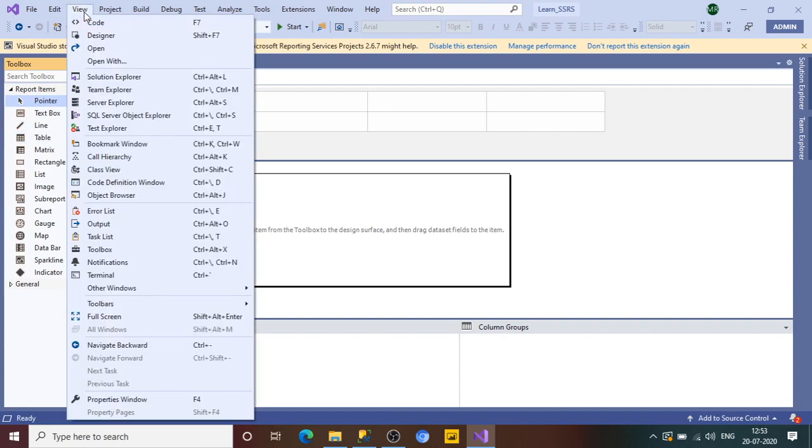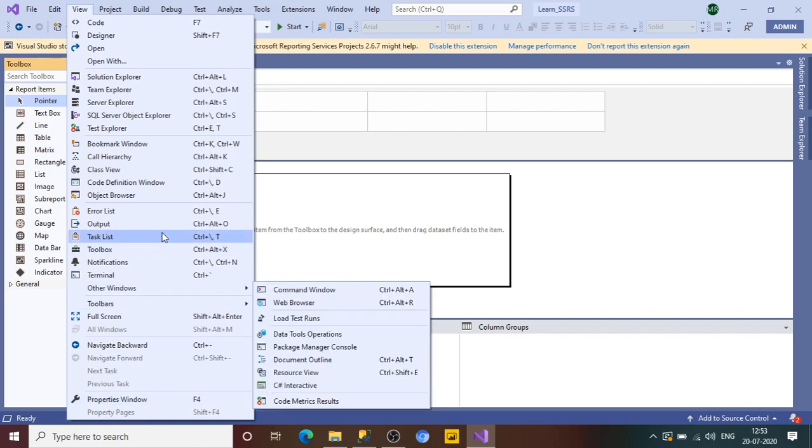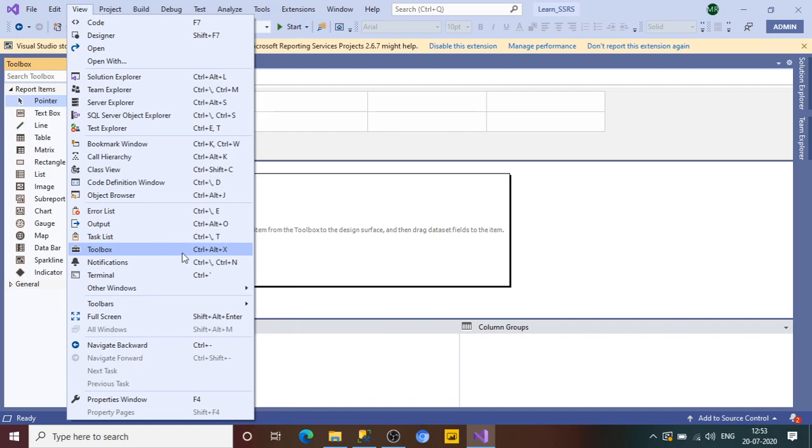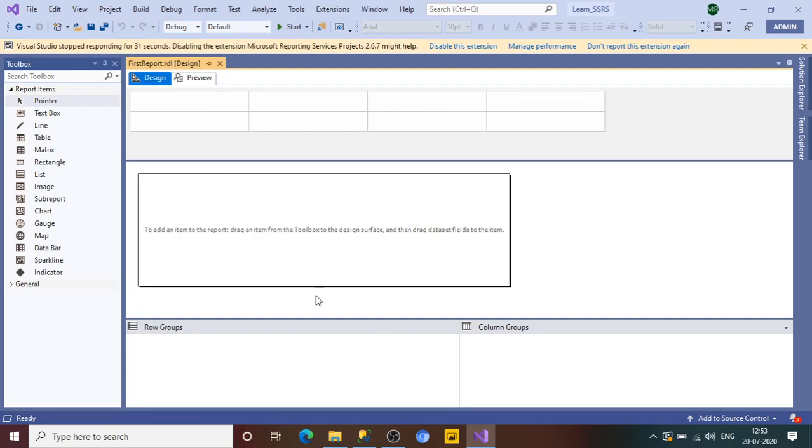Again, you wanted report data also, so if you go here and see, we should have a report data tool available here. Just in case you are not able to find it, the shortcut is Control Alt D for the report data. For the toolbox it's Control Alt X, and for report data it should be Control Alt D. So I press Control Alt D,